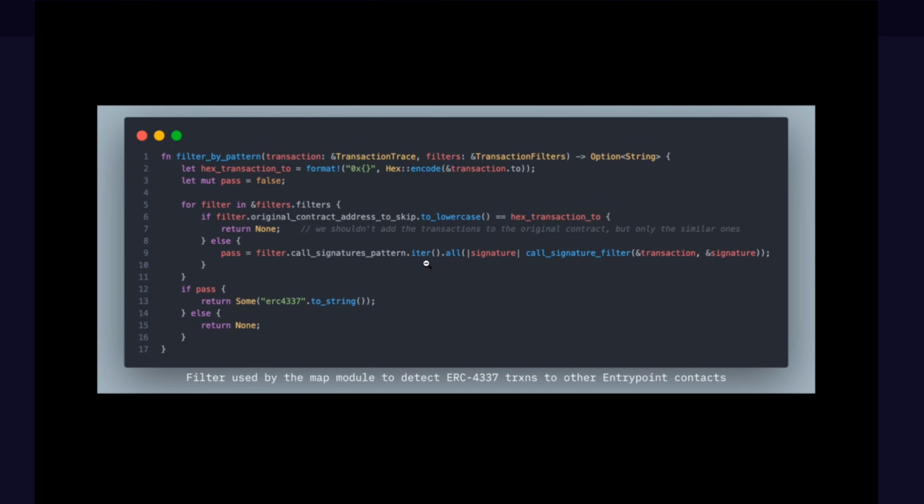And the only thing we do, we are skipping the transactions to address that we, for example, know that we saved its original contract, and we want to find only similar transactions to this contract. So we are skipping this one, and then we apply the special call signatures pattern, by which we actually find the transactions which are similar to the original one, but not exactly this transaction. That's how, for example, we can find, in this exact case, we are looking for the similar ERC-4337 transactions happening